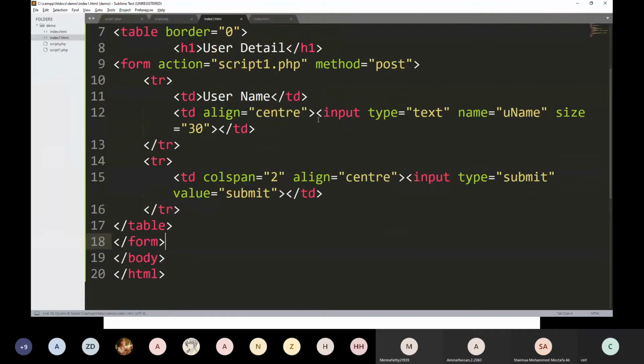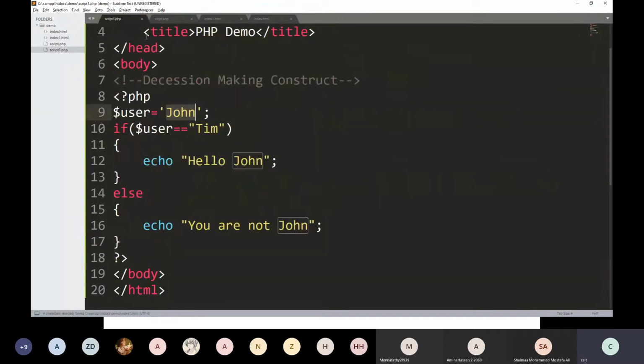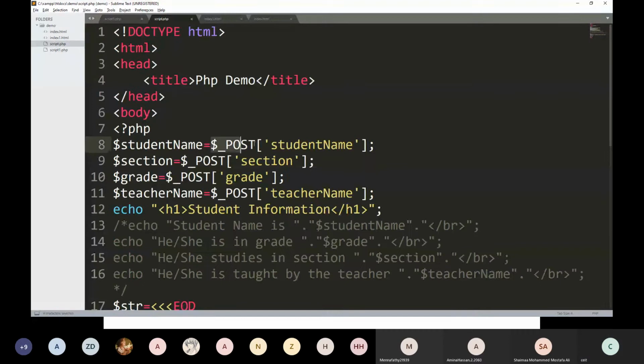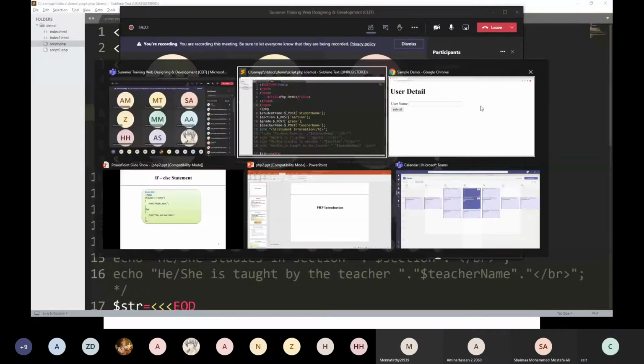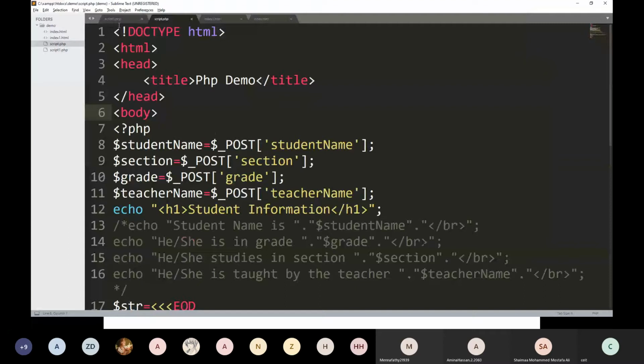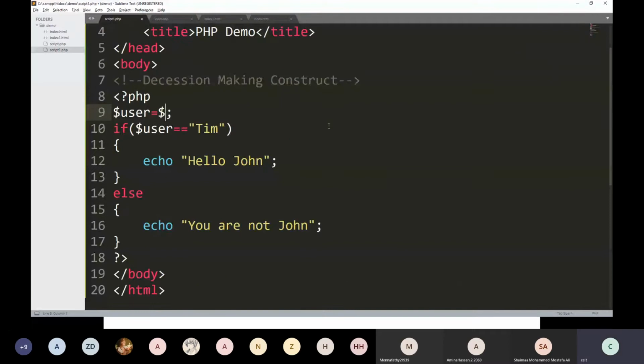Then in script1.php, here $user, what do I have to write? This thing, dollar underscore POST.